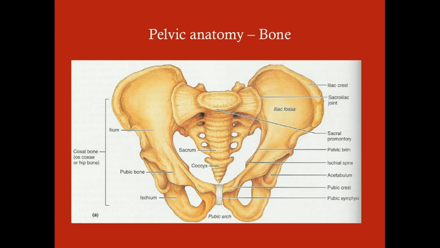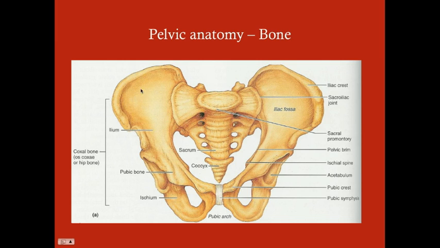So just for review, we're going to quickly look at the bony anatomy of the pelvis. The pelvis you can think of as two big structures: the sacrum and the hip bone. The sacrum is this medial structure right here, and it's just the distal spinal column. And then the hip bone, or os coxae, coxal bone, is comprised of the ilium, the ischium, and the pubic